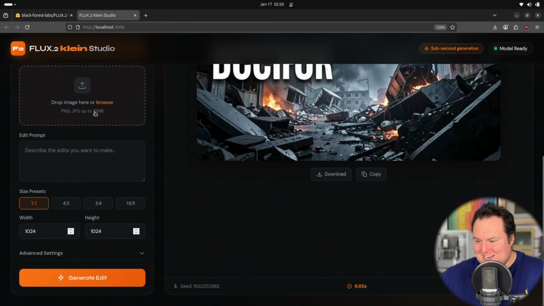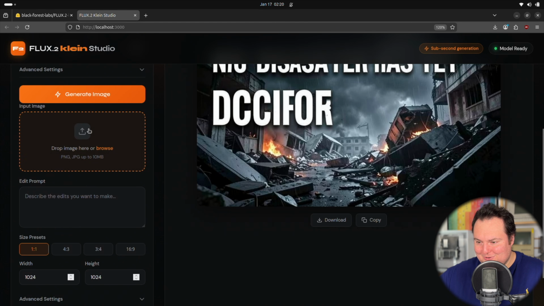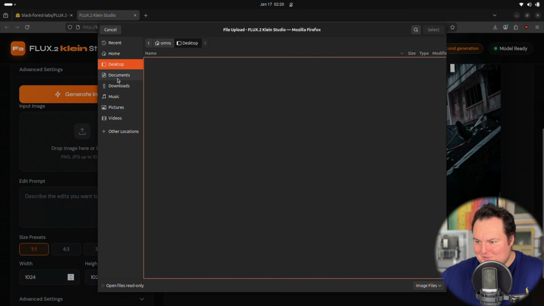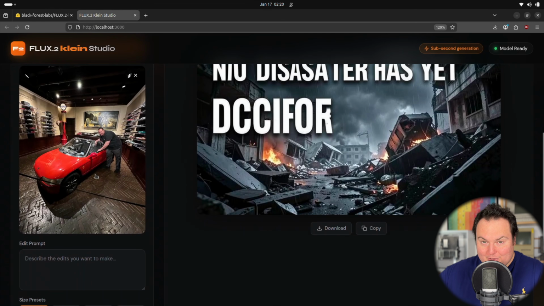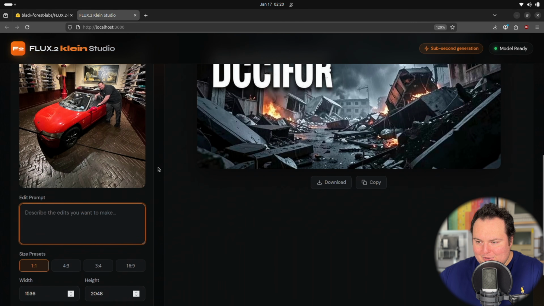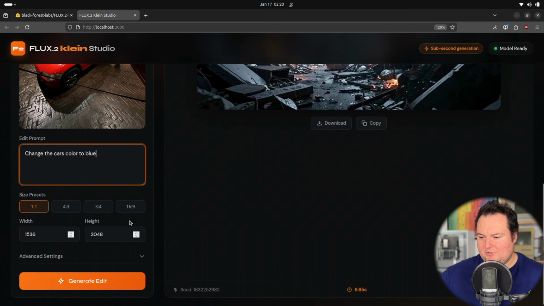Here's what we're going to do. Let's try some image editing now, and we will have to scroll down here to do that, and we'll drop in some images. So if you're familiar with my image testing videos, thank you, and also you are familiar with this photo of myself with this Honda Beat. So I want to try something simple, at least to start out. So let's have it change the color of the car to blue,